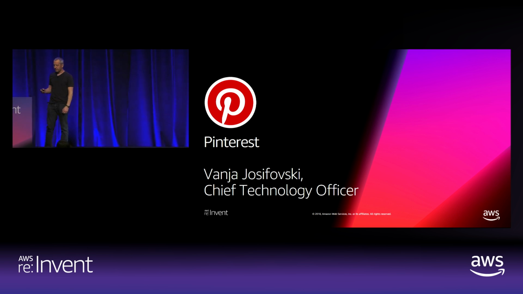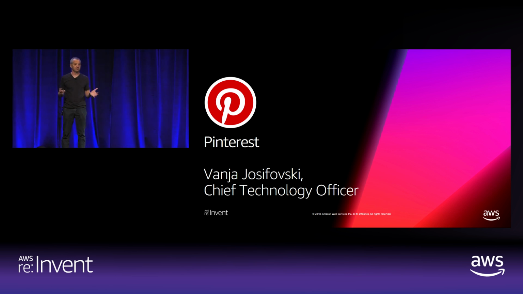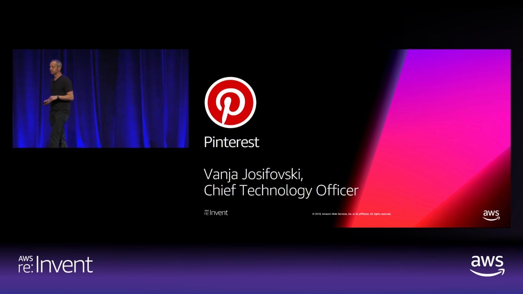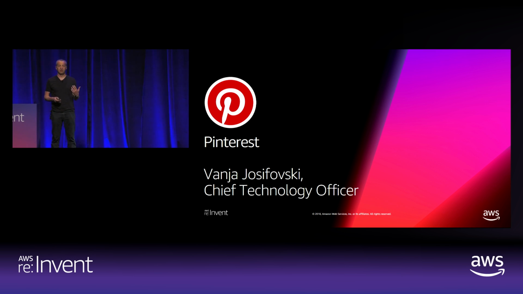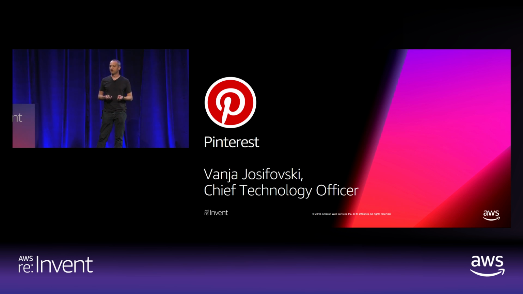So I'm going to give you a little context on Pinterest just to set the environment. First, I'm going to describe Pinterest as data. What data do we have? And then I'm going to go a little bit into the product and see how the product looks. That context is there so that we can then dive a little into the technologies that we use at Pinterest to power the product. And then I'm going to talk about the decision-making of what you do in-house and what you outsource to others.